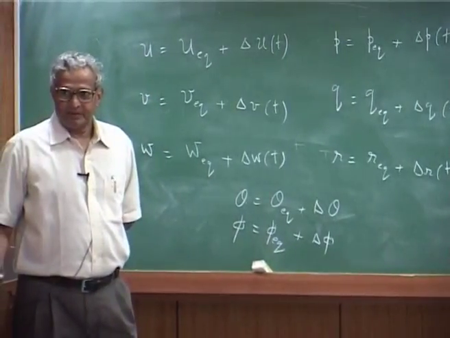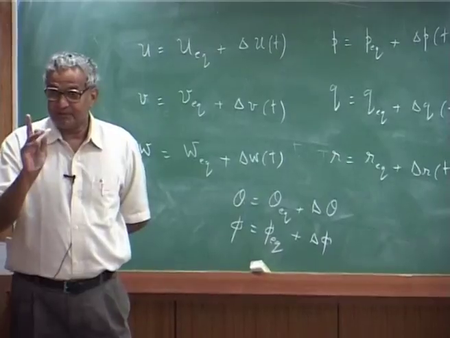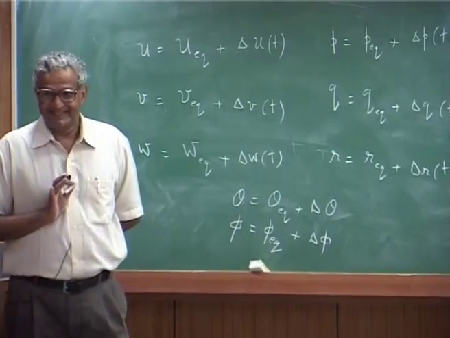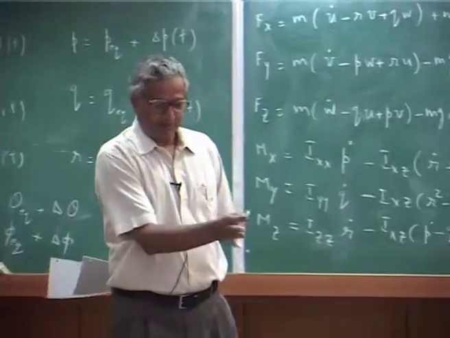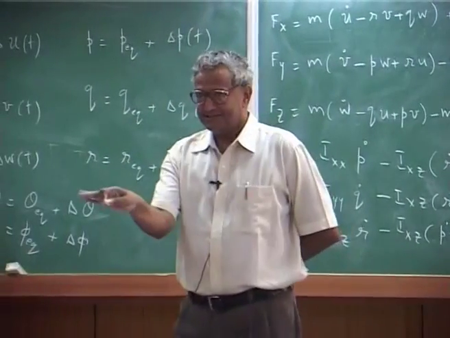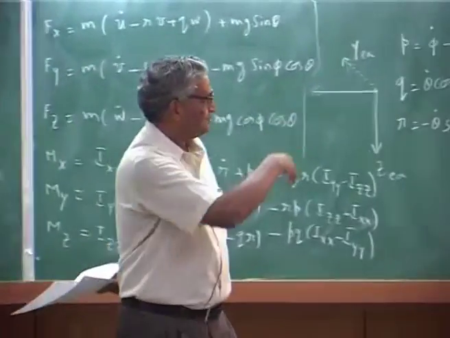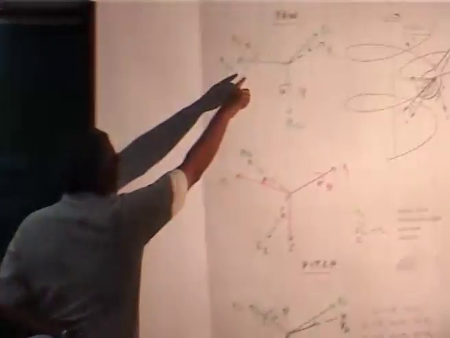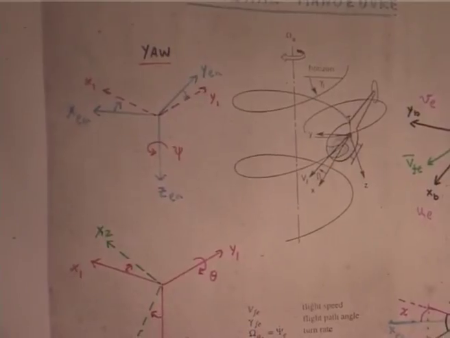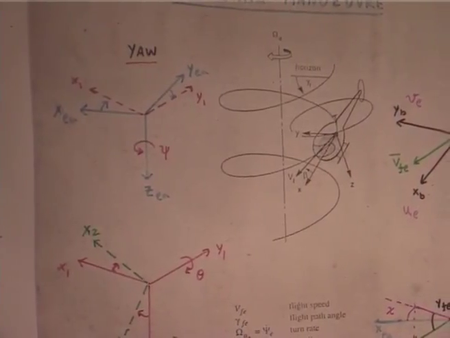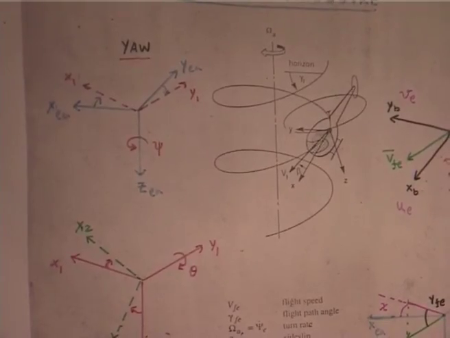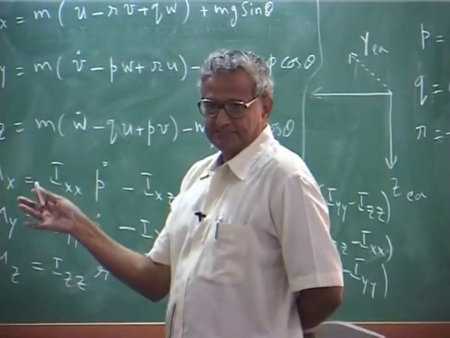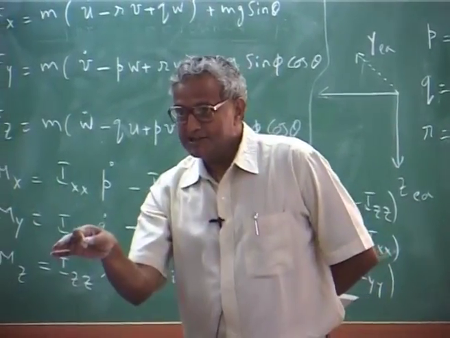Okay. Except psi, because there is no psi equilibrium, because the orientation can change as the helicopter turns. My angle this side can keep on turning, there is no equilibrium for that. Please remember, that is why we allow that turn, because it is like a yaw rate pretty much, it can keep on turning. But the vehicle orientation